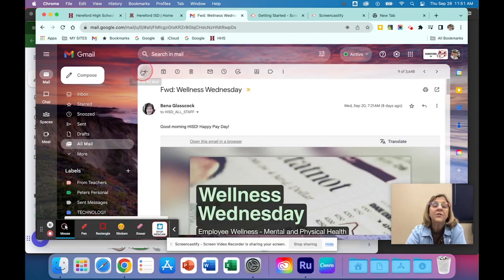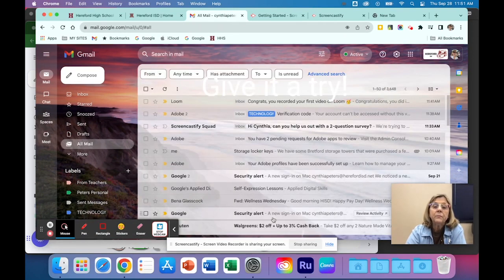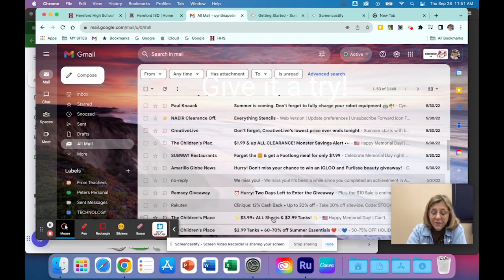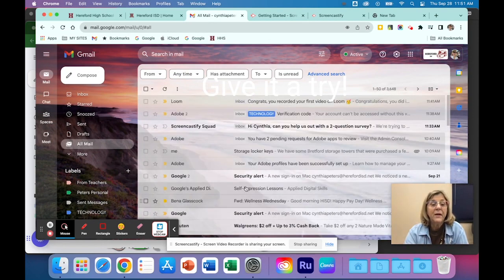And now I'm going to have a star on it, and it's going to show me that. Give this a try and see if this doesn't help you get your mailbox much more organized. You can see mine is kind of a bunch of